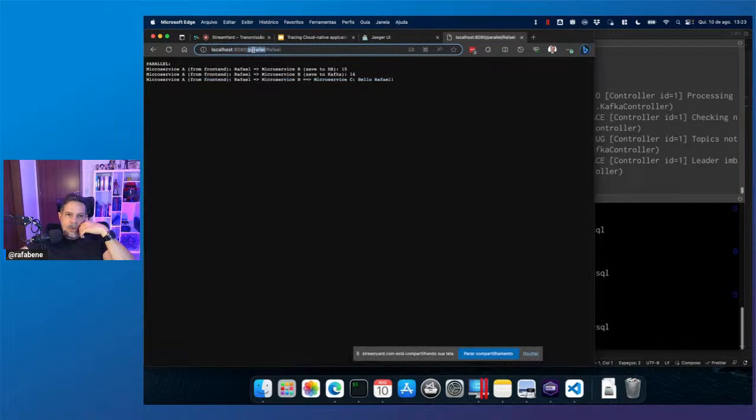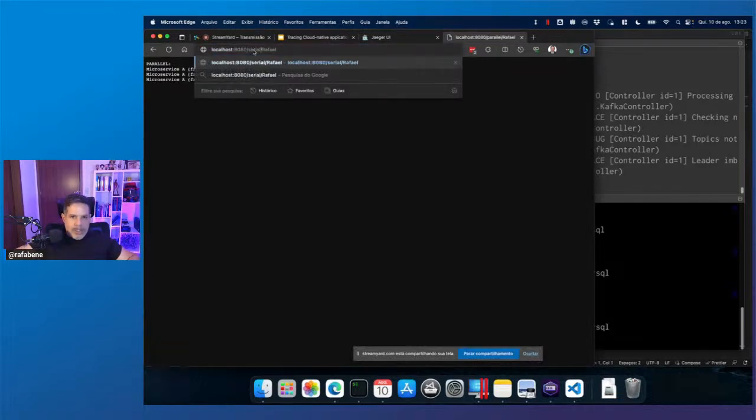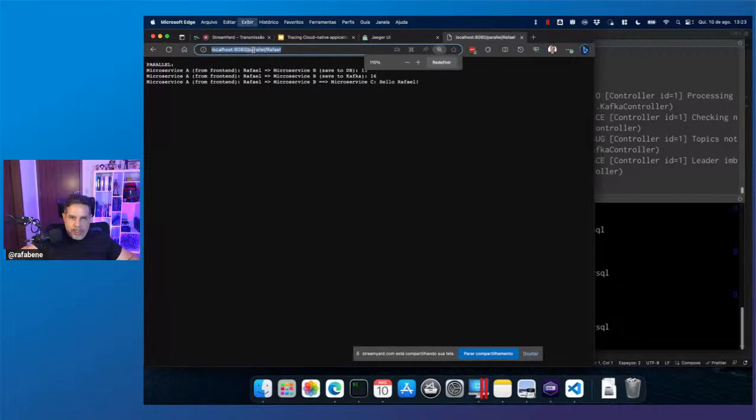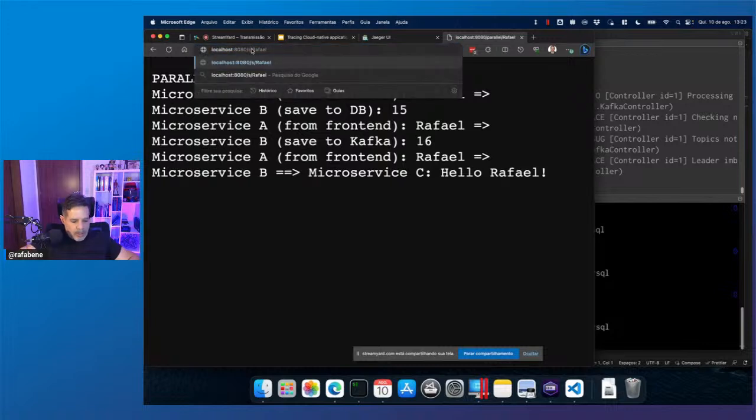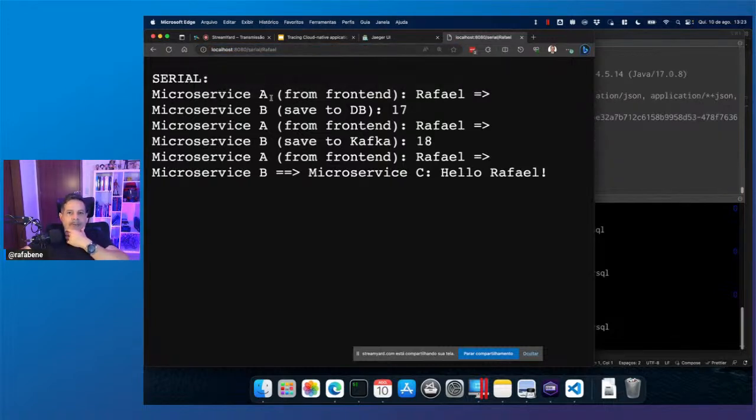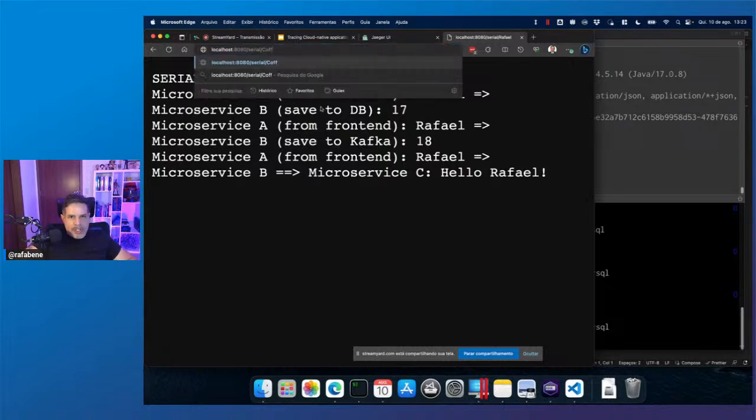Okay, so let me call it here serial. Let me increase the font size. Let me invoke serial. Okay, microservice A received my parameter here. Let me use CoffeeJUG.